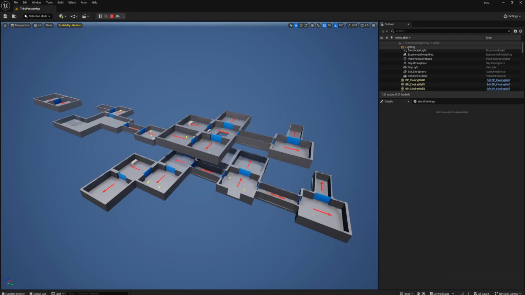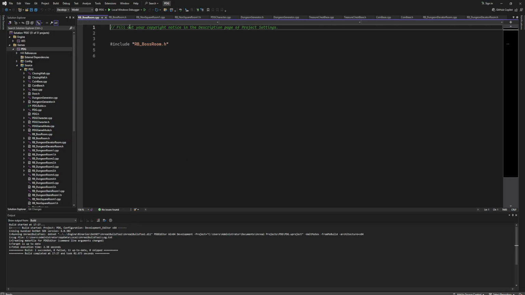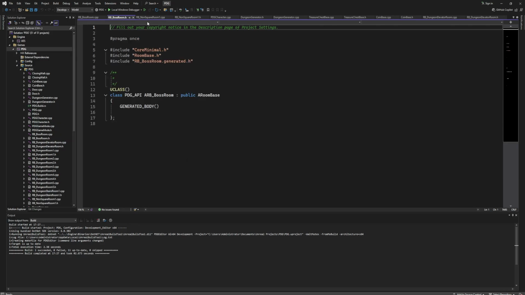Okay, so now if I go to my code editor, you will see this message right here. I have explained many times, so I'm not going to explain again what this message is doing. So just click on reload all. And now the first thing that we need to do is go to our BossRoom header, and here